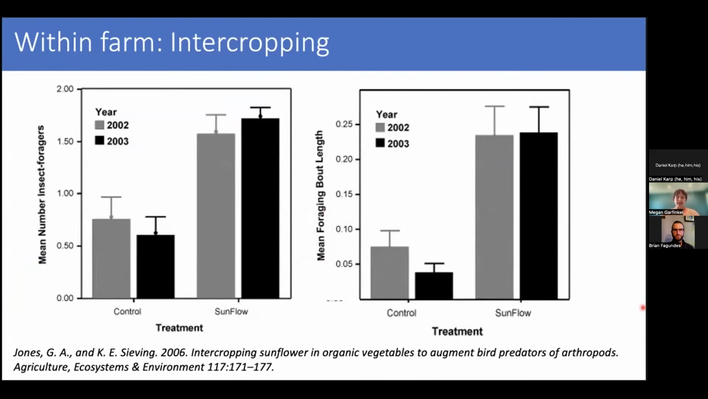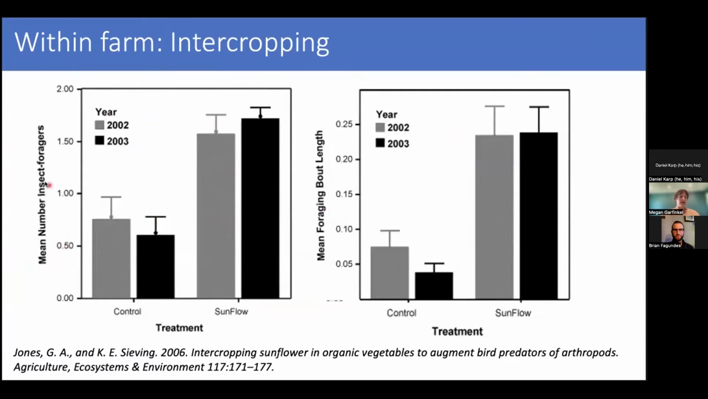Looking at it from a slightly different way, this was a study that looked at farms that were using intercropping to increase the diversity of plant life within a field. So what they did was they had vegetable fields, and for some of them, they were looking at fields that had intercropped rows of sunflowers, either one or two rows that went through the field. So the data that we're looking at here, these graphs are showing just 2 years of data, but